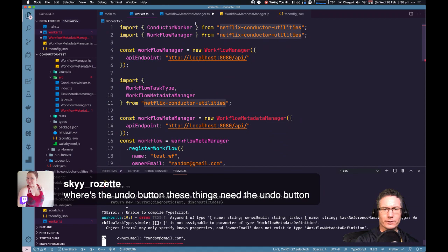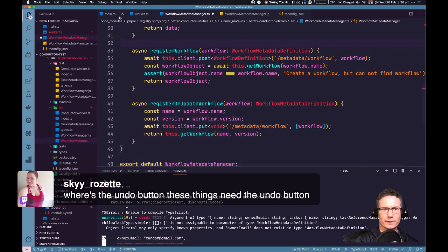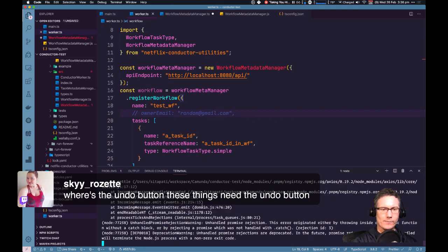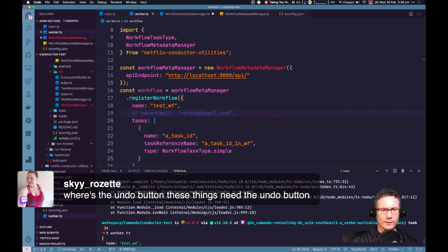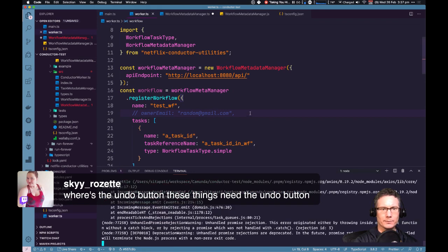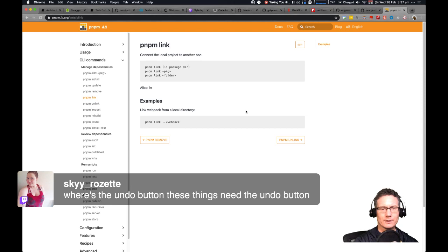Negative. Run. I did not see YOLO printed out. It's not using my symlinked package.